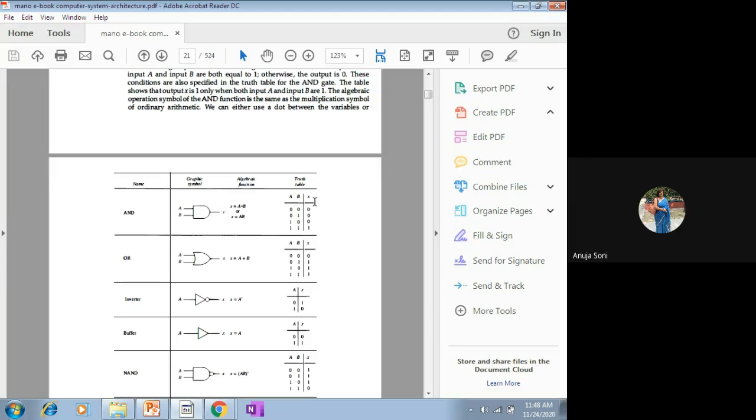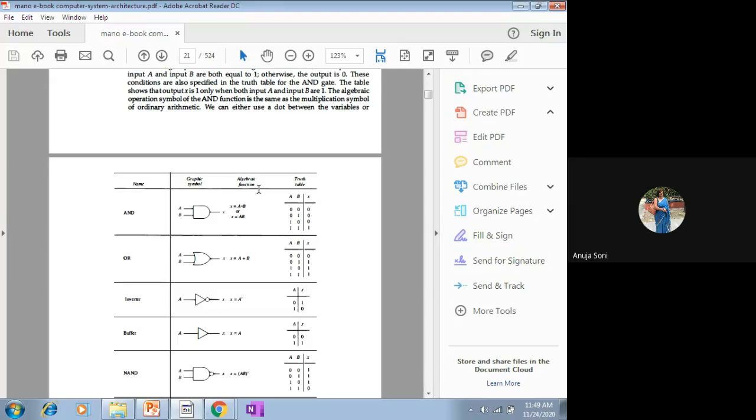Truth table is a collection of all the min terms. Collectively, the input values as well as the output value is called one min term. So how many combinations are there? If there are n variables, how many min terms? 2 raised to power n. So 2 raised to power 2 means 4 combinations, or 4 min terms, will come out with the help of your two variables. If there are three variables, how many min terms will be there in the table? 2 raised to power 3, 8 min terms. If there are 4 variables, how many min terms will be there in your table? It will be 2 raised to power 4, 16 min terms.